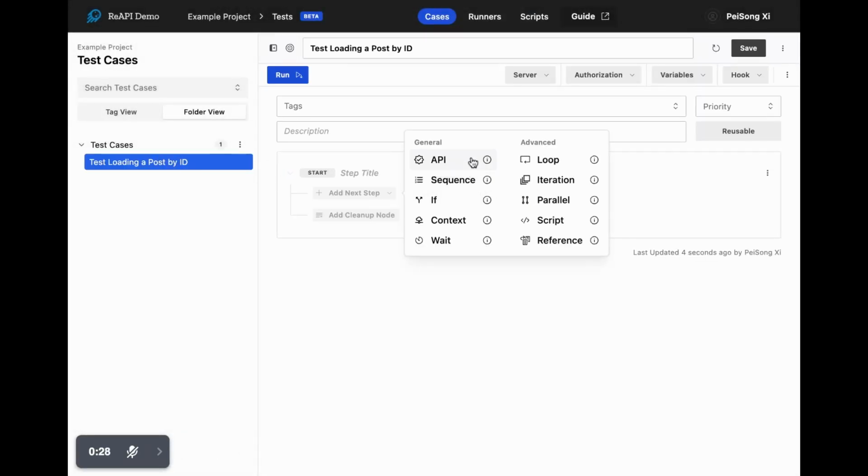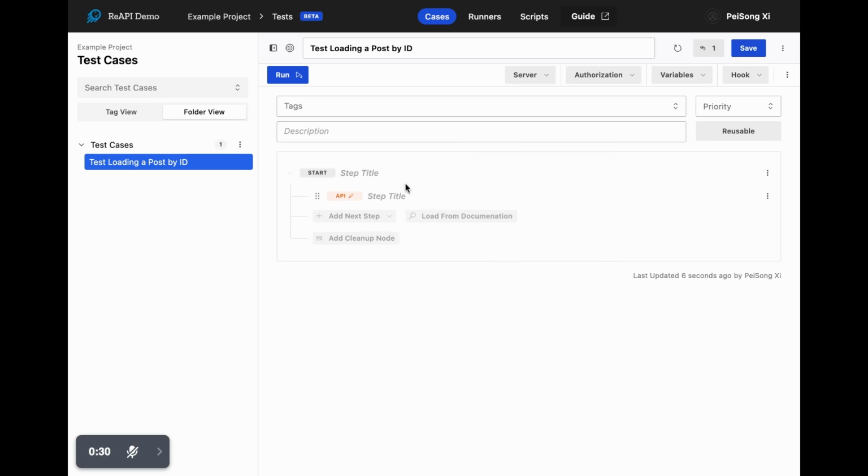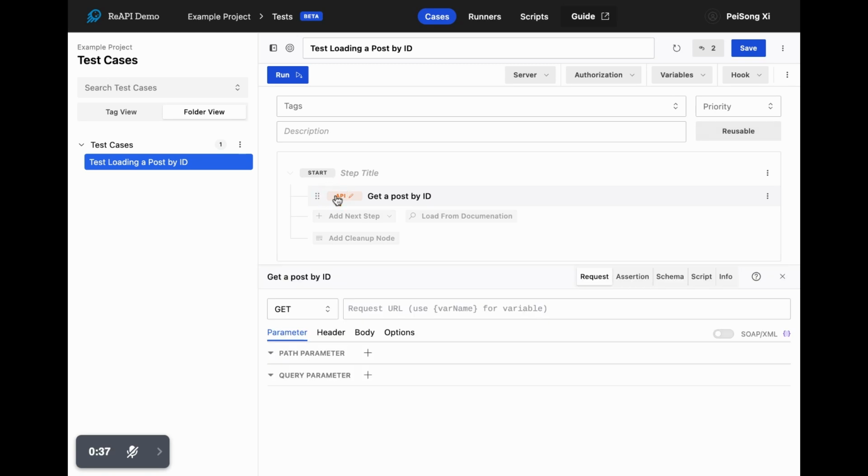Next, we'll add a step to our test by selecting API. For better readability and maintainability, let's add a title to this API step. Something descriptive like Get Post by ID. Now, click on the API node to open the configuration editor. We'll input the URL for our API request: